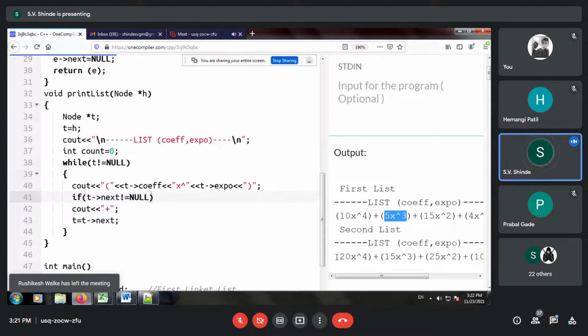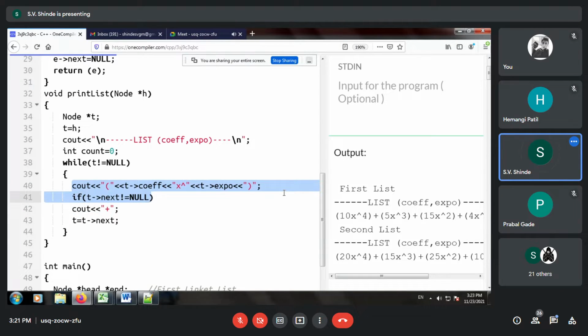So x is nothing but your polynomial variable. It is the dependent variable on which your entire polynomial is dependent. So it is a single variable. Are you able to understand the simple change? You only have to include x over here in the cout statement.